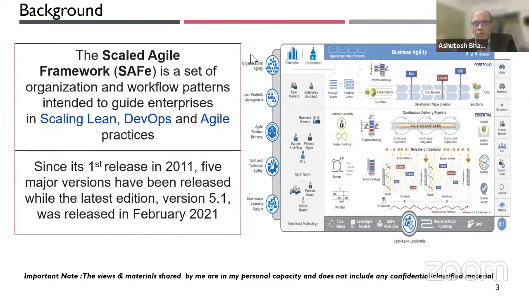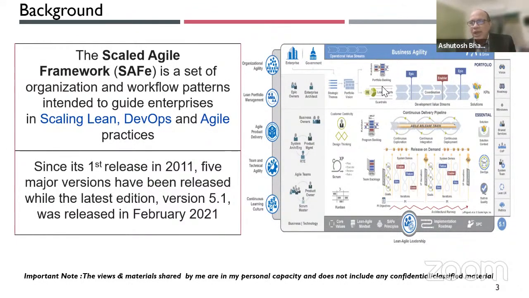We might have our own opinions and views about it. We may like it, love it, hate it, but you can't ignore it, as they say, right? You might love this framework, you might hate this framework, but you definitely cannot ignore this framework. I would put it in that way. This stand was there even when I was not certified in SAFe. This was the stand which I had when I was not myself certified as an SPC or a SAFe Agilist. Love it, hate it,